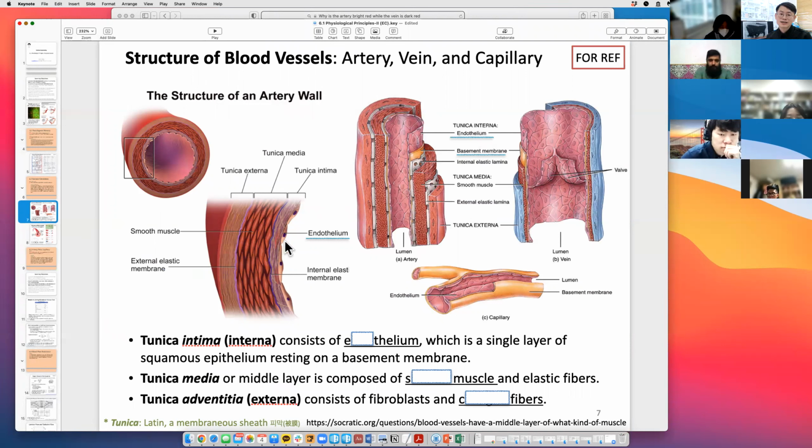Hamza. So yeah, veins are thinner and arteries are thicker. In anatomy, an artery has a typical three layers. We call them intima, media, adventitia, or intima called interna, media, externa. Okay, so intima is the innermost. It consists of